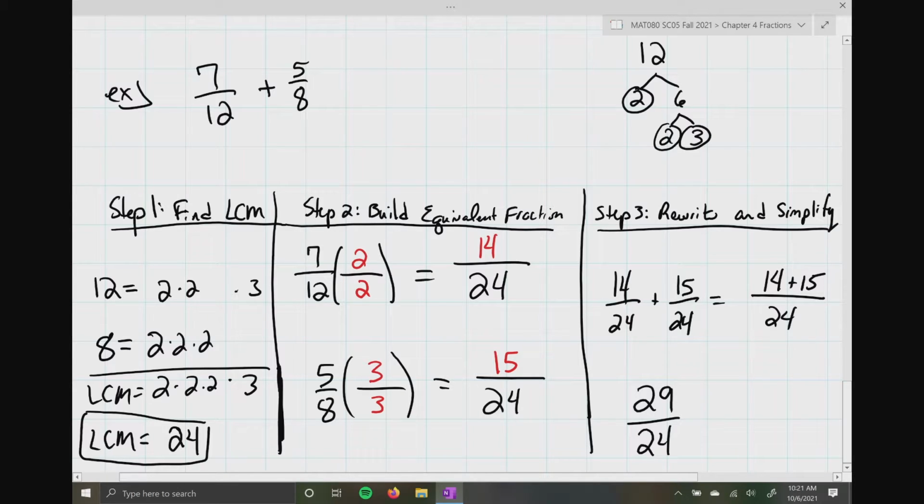And Todd, I'm going to come back to you because I already asked you this question twice, so I'm going to ask you one more time. Once I write 29 over 24, there's one more question I need to ask myself. And what is that question? Can we simplify it? Can we simplify it? Now,